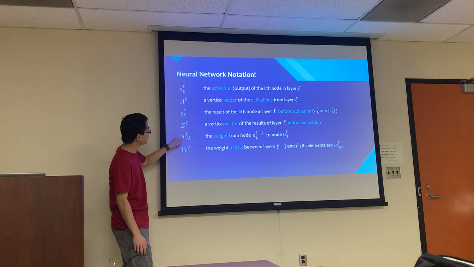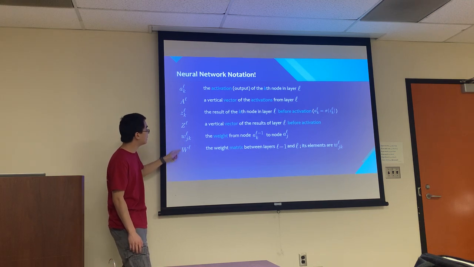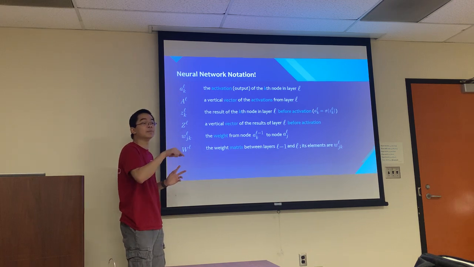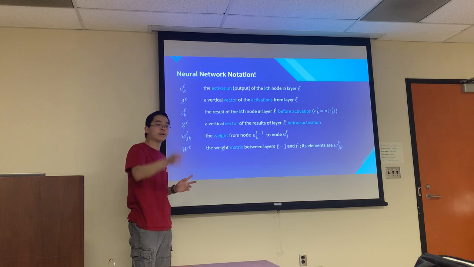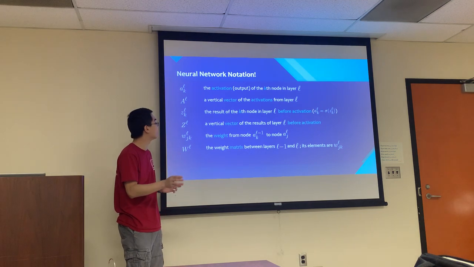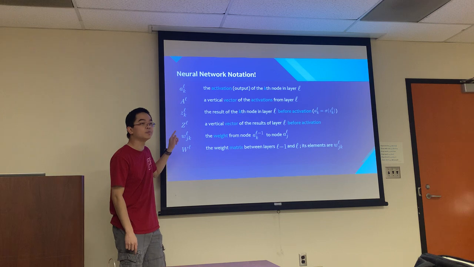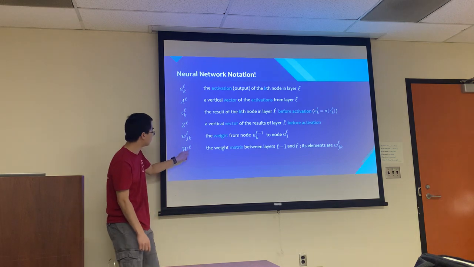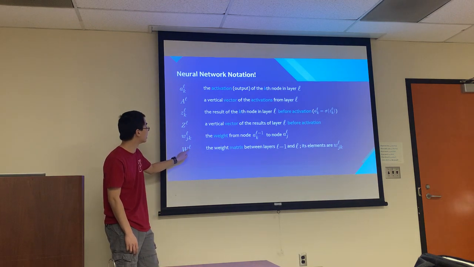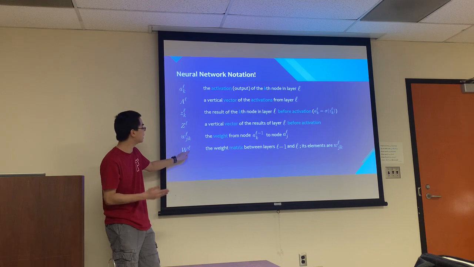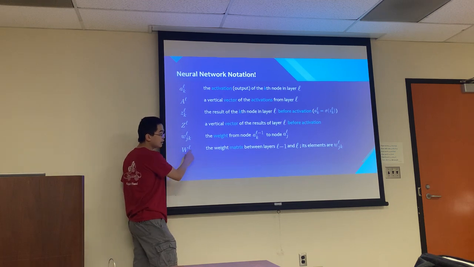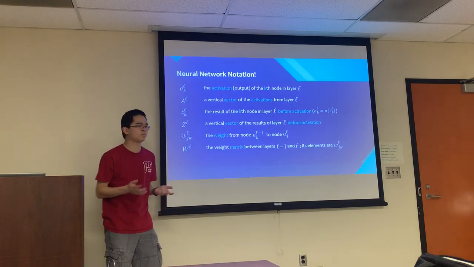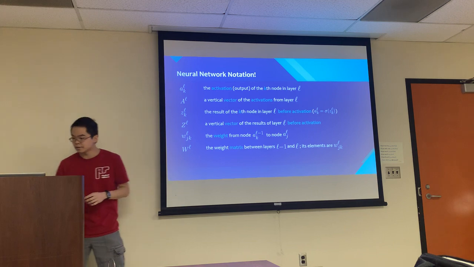And then the weights, this is not a vector, this is an individual unit. Basically, we like to store the weights in a matrix because it makes sense. Basically, all the weights from this neuron going to all the other neurons in the other layer. And then the weights for a layer will include that mapping for every neuron in the current layer. So the way we have the layer notation here is that whatever L is, this is the weight matrix between the previous layer and the current layer. I'll clarify that when we move on to our next example.